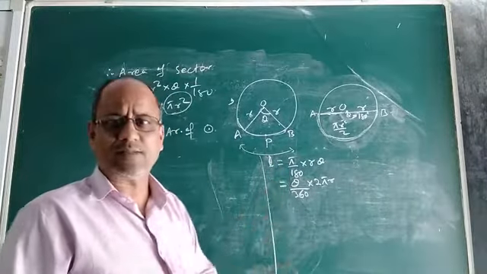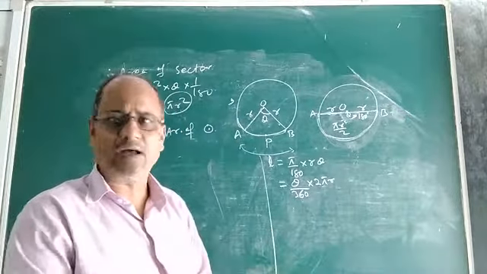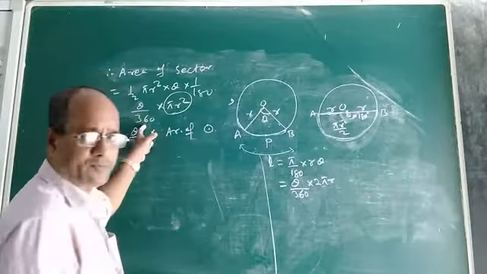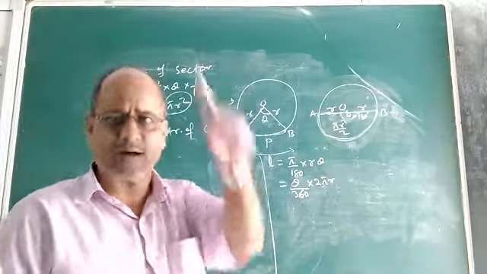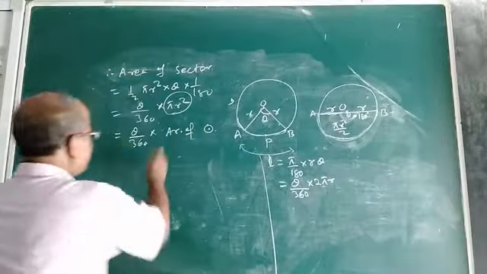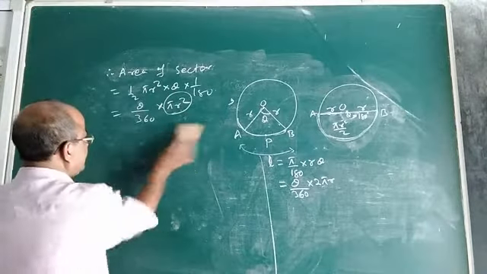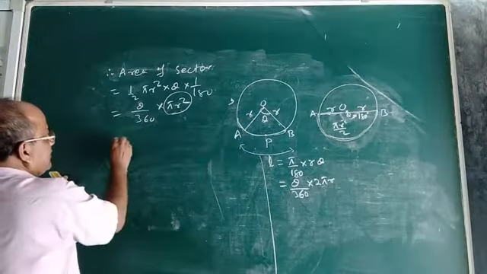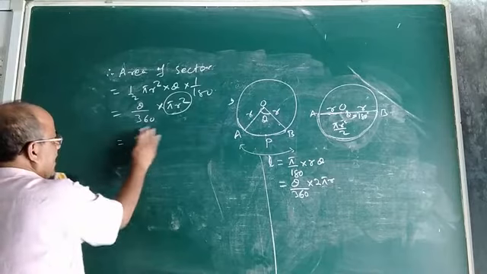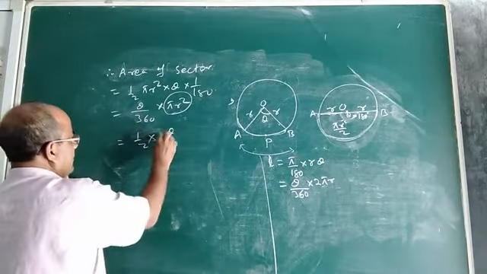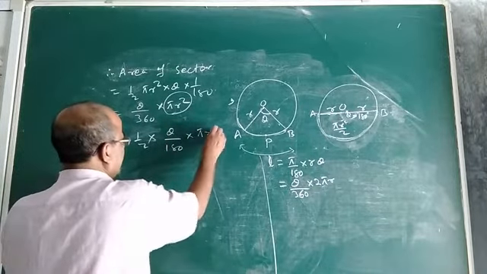Now if you are given the length of the arc and the radius of a sector or circle, how to calculate its area? You are not given theta, so we cannot use this formula. So what will be the formula for area of sector in terms of length of arc and radius? Let us derive. It is very simple. See children, let us break this one. Theta by 360, we can write as half into theta by 180 into pi r into r.